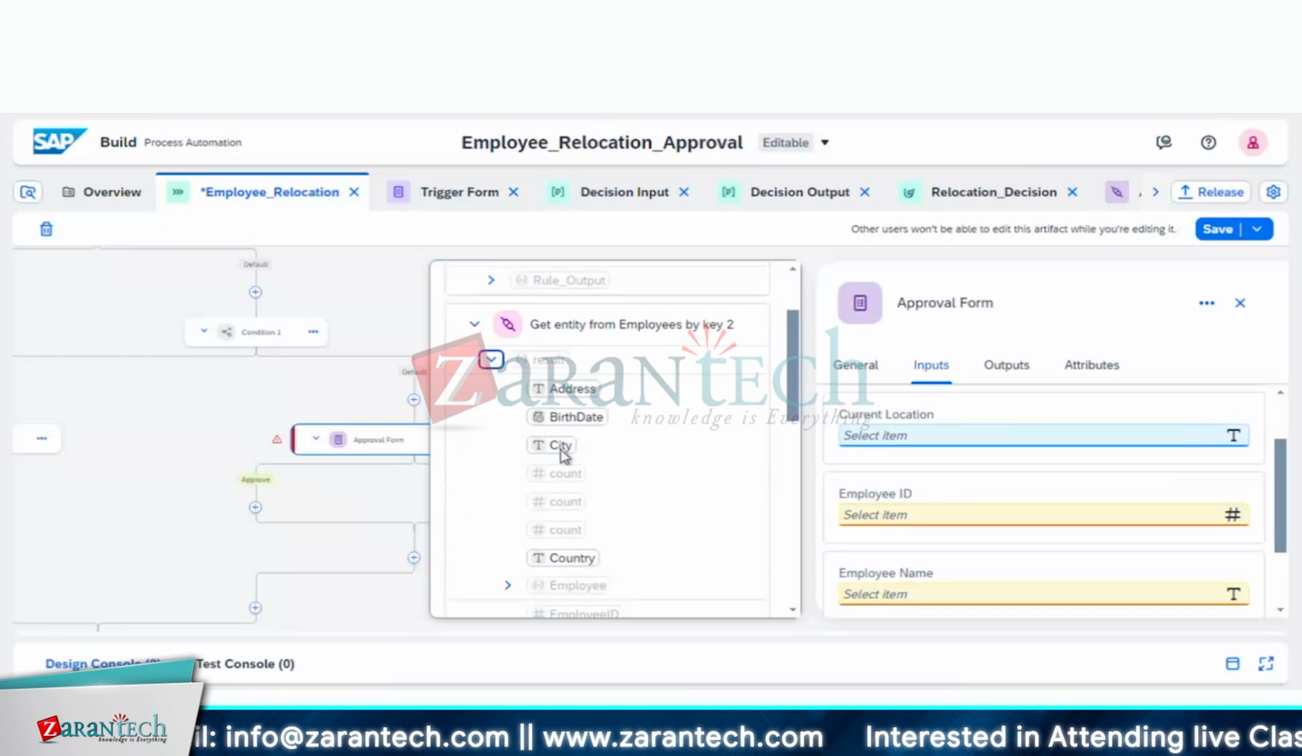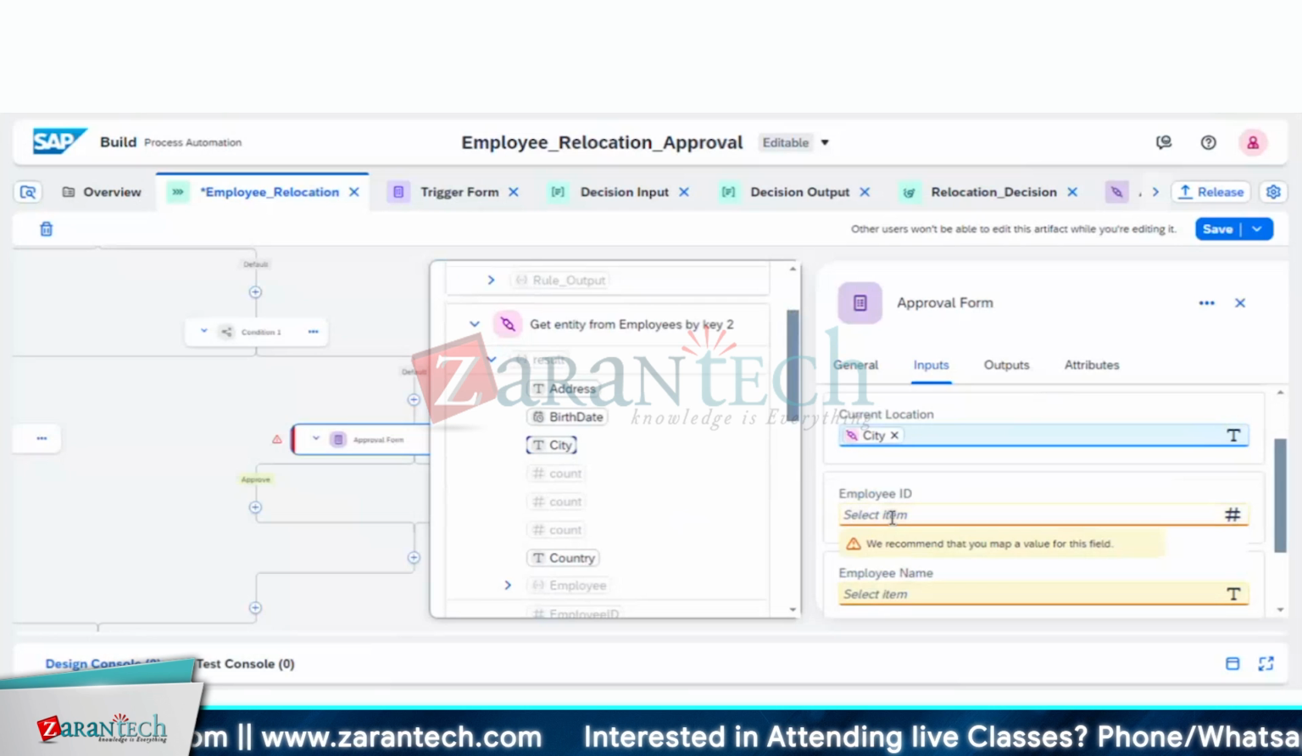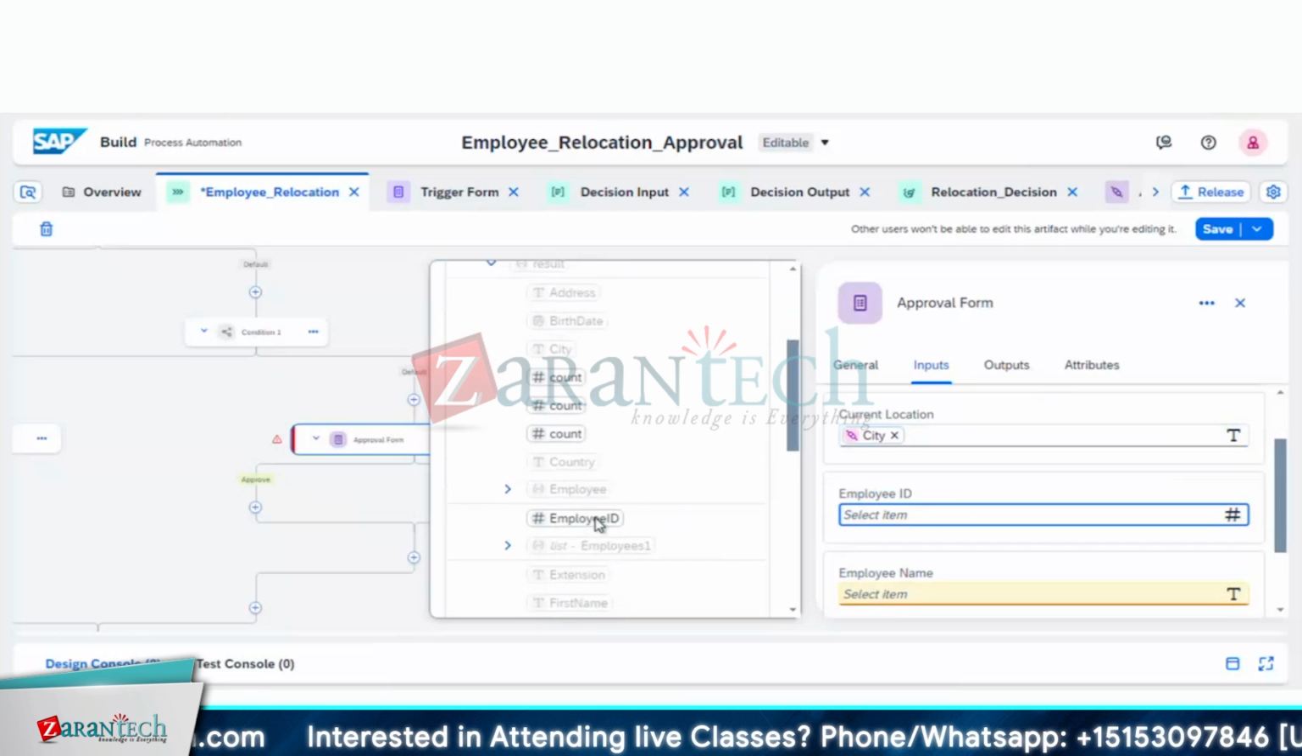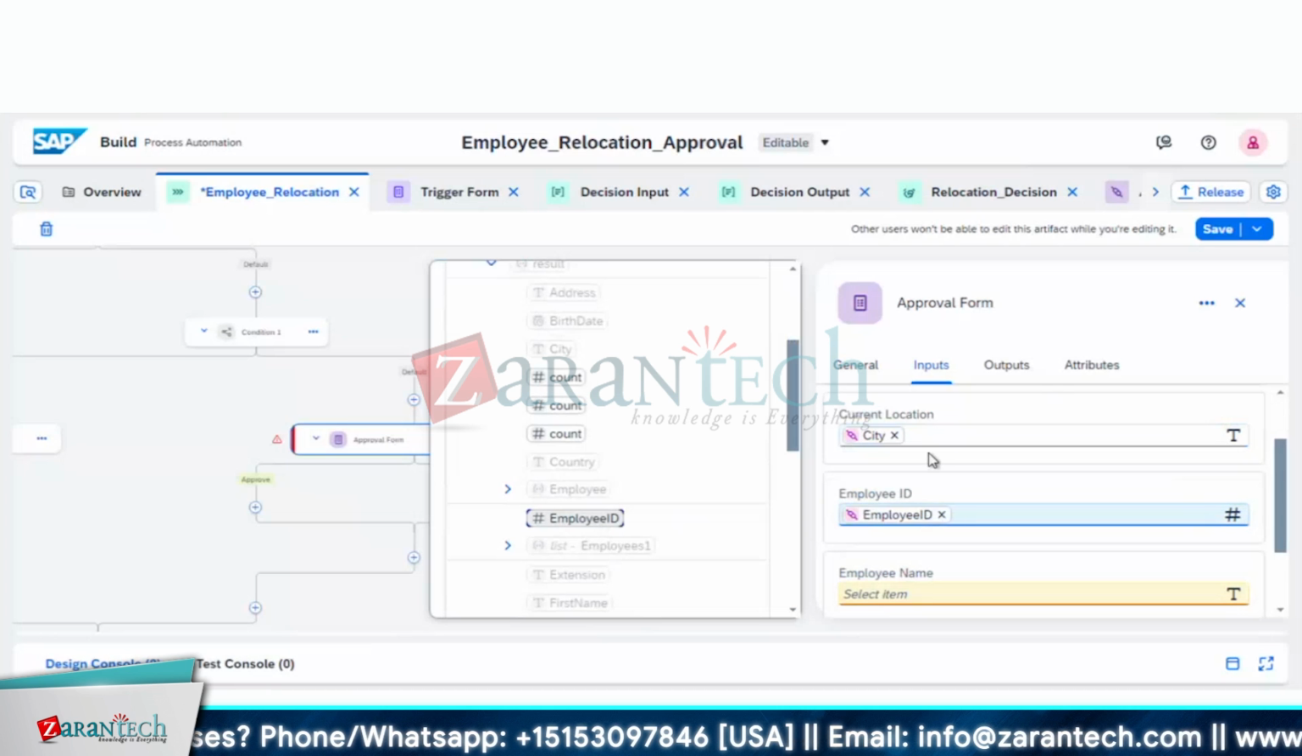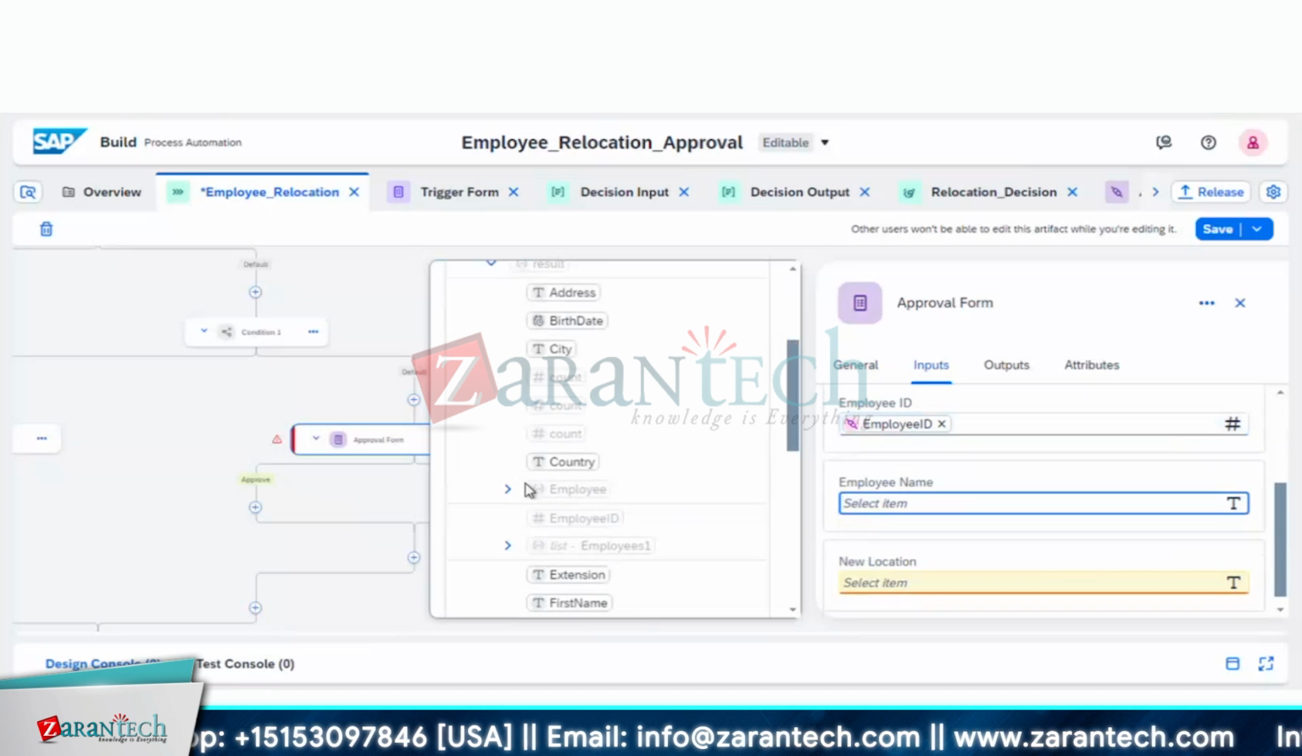Current location we are mapping from the entity set, and the employee ID we will be mapping from the entity set as well. The employee name